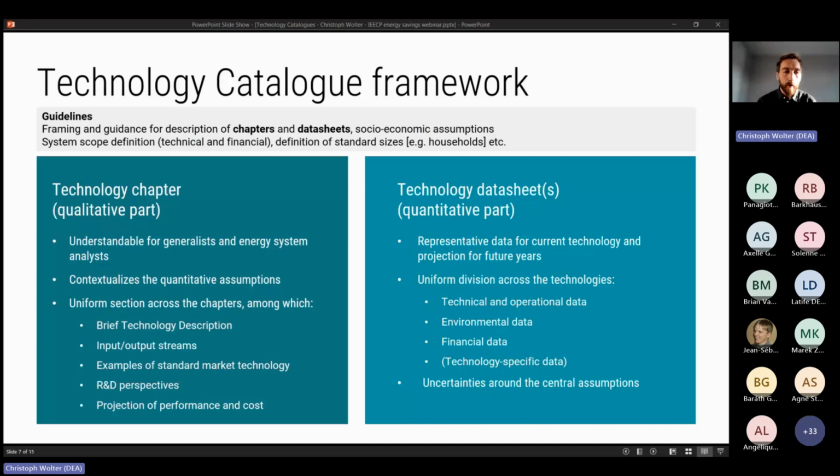I would like to show you what the catalogs actually are. We basically divide the catalogs into 2 different parts. There's a qualitative part that is an actual technology chapter, part of a report that can be found online on our homepage, that describes the given technology. It might be a solar energy plant. It might be a heat pump. It might be a hydrogen truck,